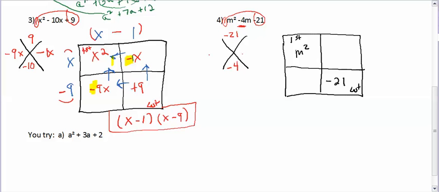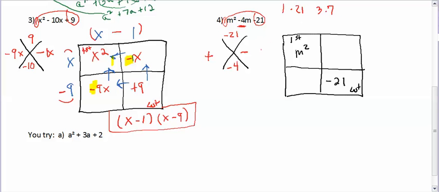So two numbers that multiply together to give me negative 21, but add together to give me negative 4. So to get a negative answer, I have to have a positive and a negative that I'm going to multiply together. So that's what I'm going to put first to remind myself. Okay, then I'm going to go 1 and 21. Doesn't work. 2, no. 3 and 7. Okay, so one's going to be negative, one's going to be positive. Well, 7 minus 3 is